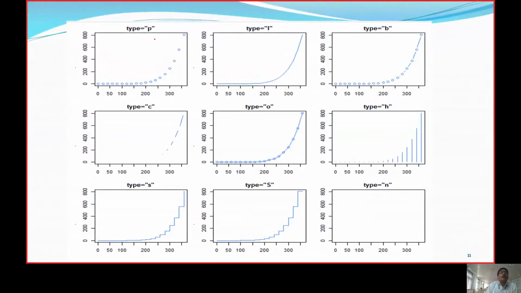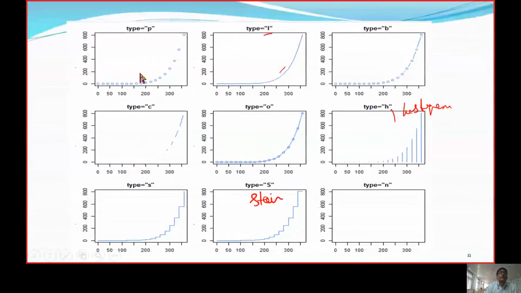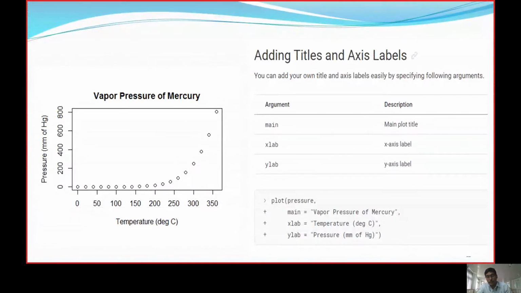So here we can see L, it is displaying the line, and H is going to display the histogram. So yes, it is printing in a stair model, and P is going to put the things into points and thereby represent them. So L represents a line, P points, H a histogram, S stair. In this way, we are going to bring out the contents of how to plot the graph